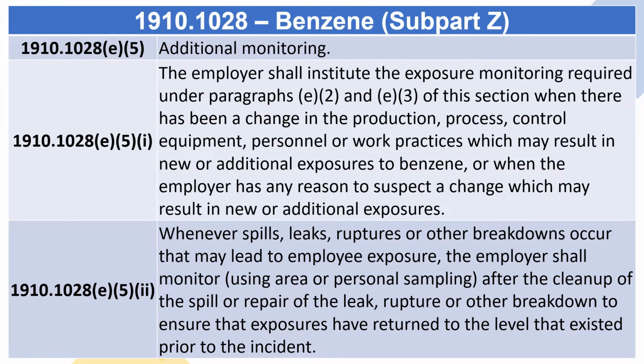1910.1028 E5. Additional monitoring. 1910.1028 E5(i) and (ii). The employer shall institute the exposure monitoring required under paragraphs E2 and E3 of this section when there has been a change in the production, process, control equipment, personnel, or work practices which may result in new or additional exposures to benzene, or when the employer has any reason to suspect a change which may result in new or additional